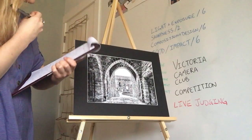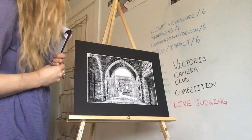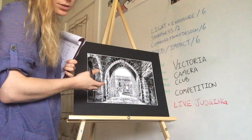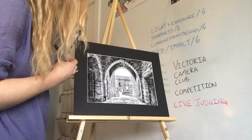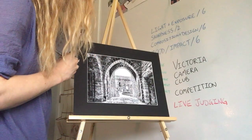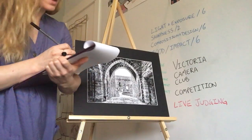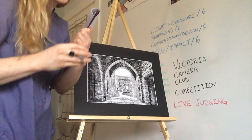And the mood and impact of the image, I like this. I think the mood is really cool. The lines are nice and straight. There's no distortion. It's kind of a grainy feeling to the castle. I'm going to give this a 5 out of 6 for mood and impact. Now the reason I didn't give it 6 out of 6